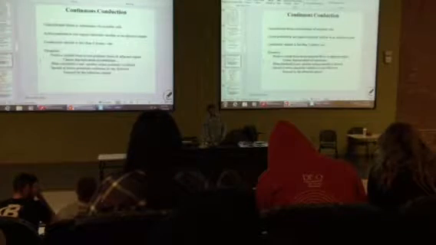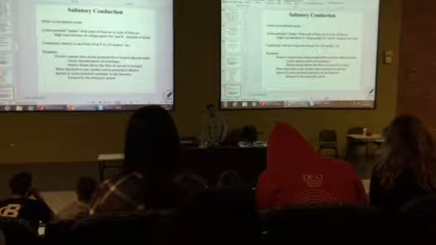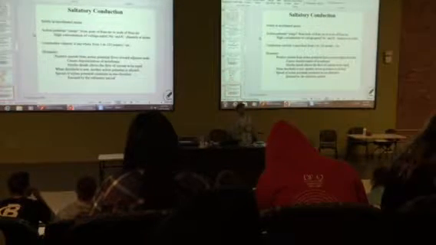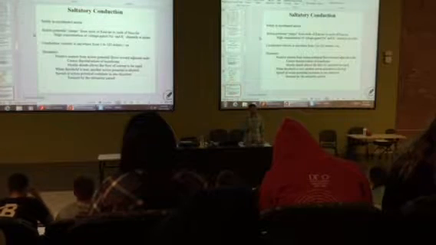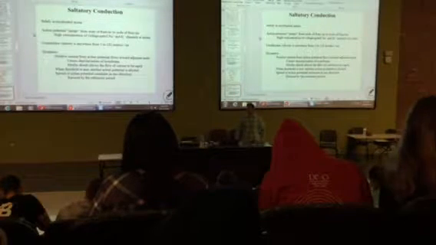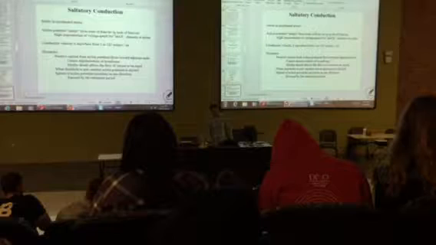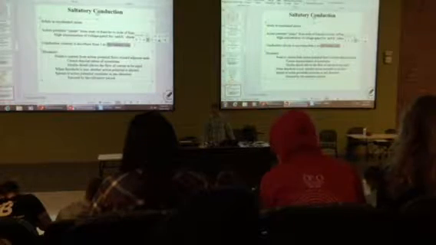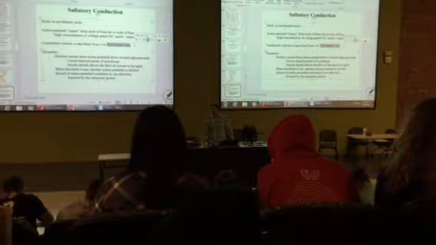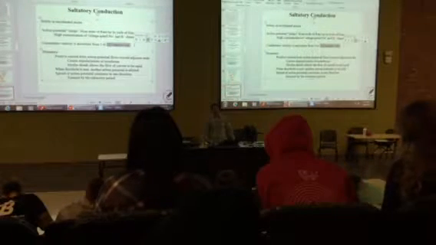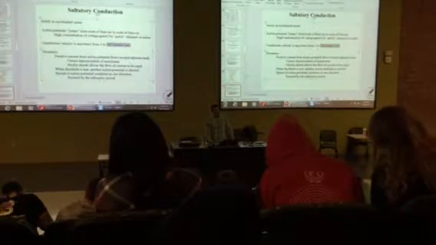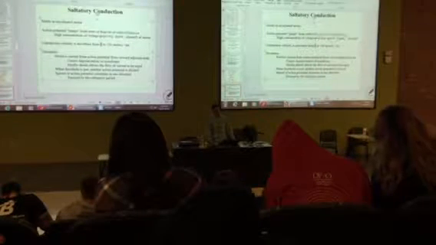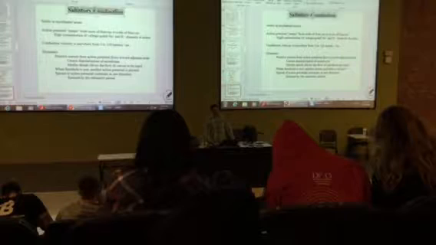When it comes to saltatory conduction, we're at a minimum of 3. So the fastest continuous conduction is slower still than the slowest saltatory conduction. Look how fast saltatory conduction can be. That's ridiculous. 120 meters per second. 60 times faster than the fastest continuous conduction. And this is 50% faster than the fastest continuous conduction, and that's the slowest saltatory conduction. So this is way faster.